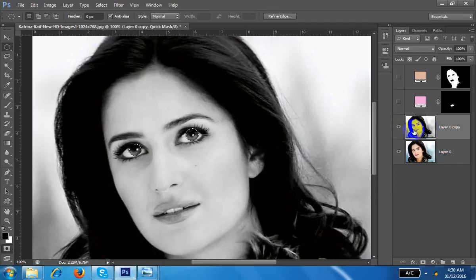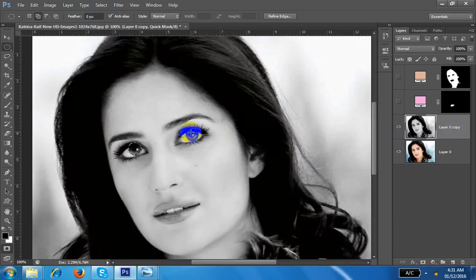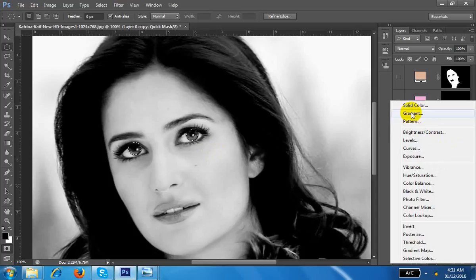I want to delete, select this one. कंट्रोल एक्स करूँ, फिर भी रखा हुआ है. अगर मैं यहाँ से नहीं तो यहाँ से क्या है? लेंस, ब्राइटनेस, कॉन्ट्रास्ट.